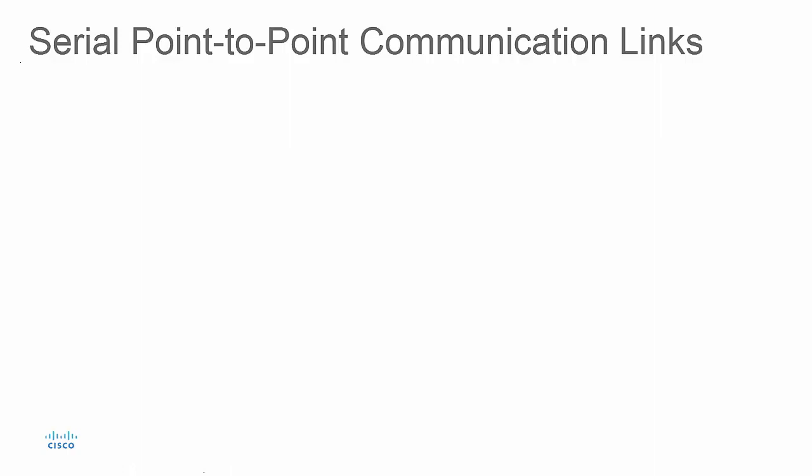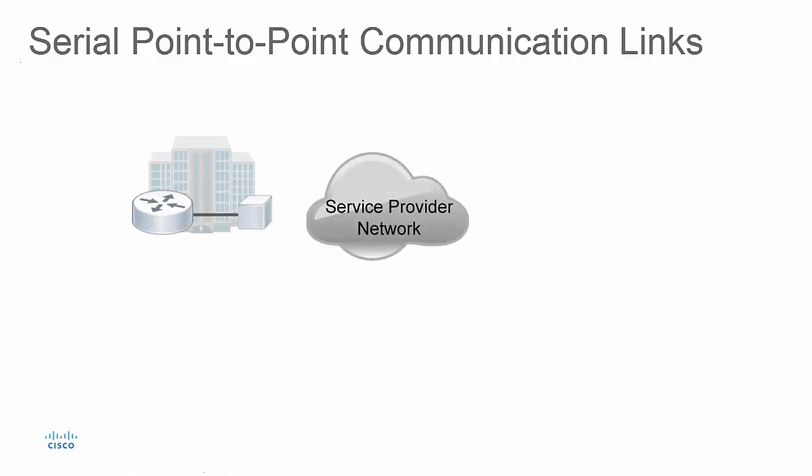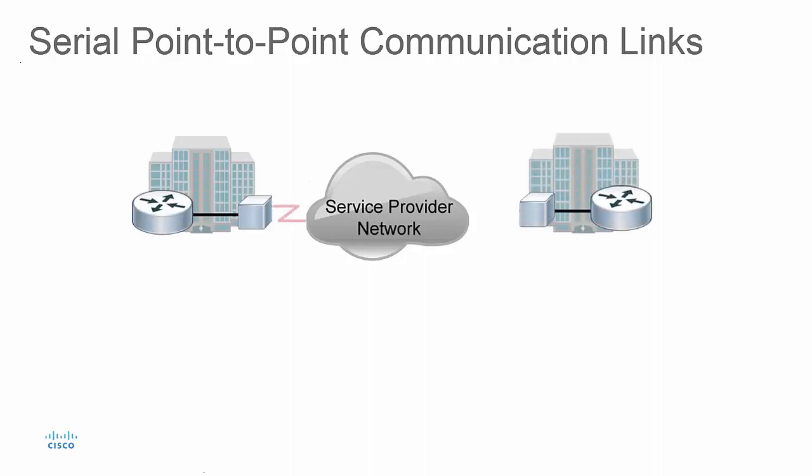At this point, you should already be familiar with connectivity options for the WAN. And when I say WAN, I mean multiple geographically separated networks connected together. For such networks, you can't use the Ethernet link and the Ethernet standards. Serial, meaning point-to-point communication, can be used instead. This serial communication link provides a single established WAN communication path from one location through a carrier network to another